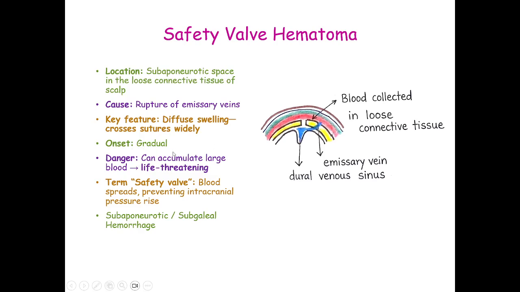The onset is very gradual. The danger is the blood can accumulate to a large amount, extensive accumulation of the blood, and it will take time. So, what is happening here? There might be hemorrhage inside also. There might be extradural hemorrhage here, and the hemorrhage has entered into the third layer through the emissary veins. It has entered into the fourth layer through the emissary veins, and